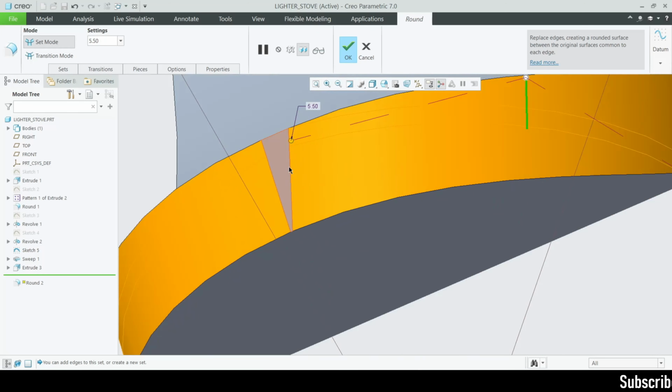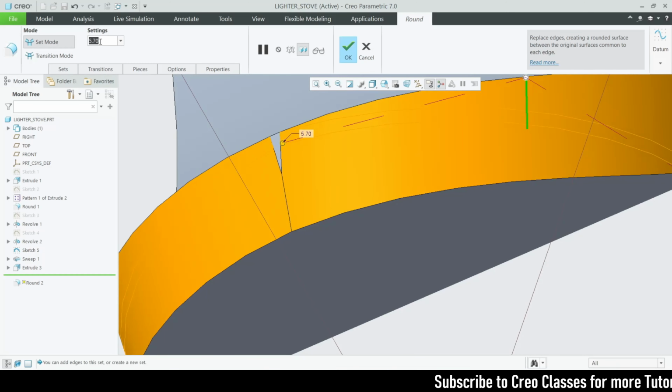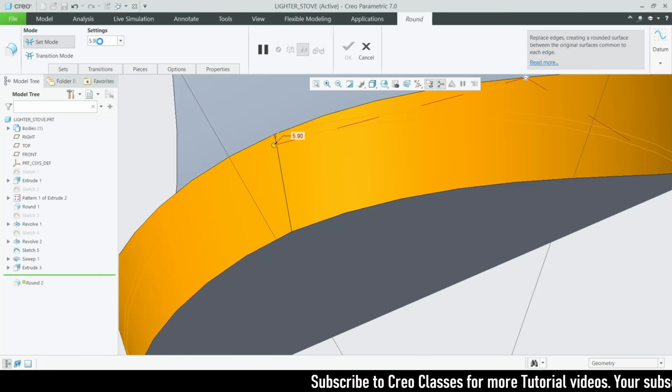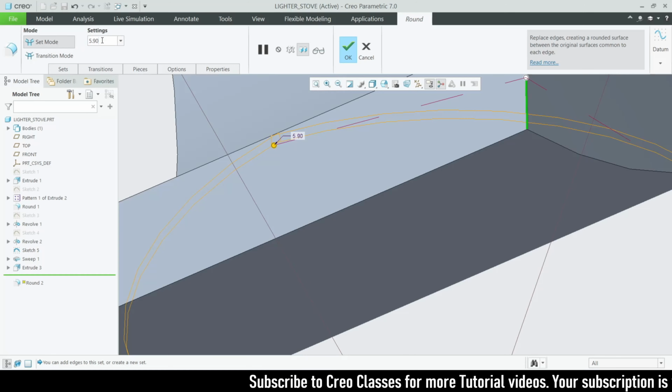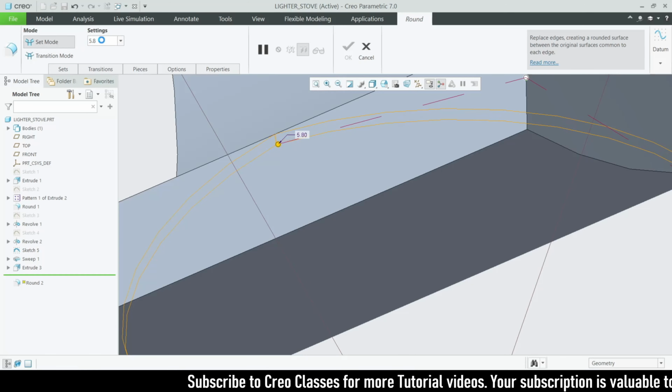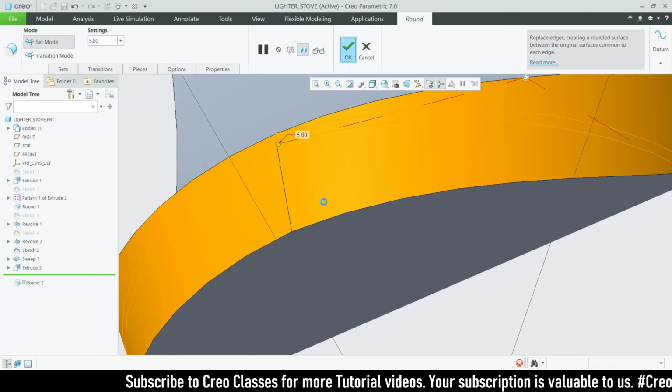As you can see, there are some edges, so I think 5.7. If you go for 5.8, yeah, it looks good. 5.9, it will break. Okay, so 5.8 is fine. So let's click on OK here,